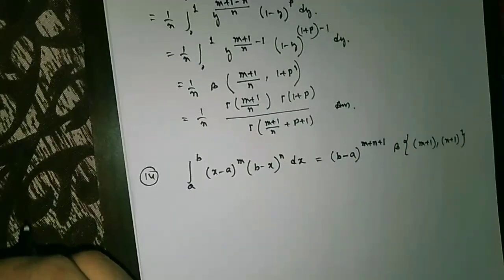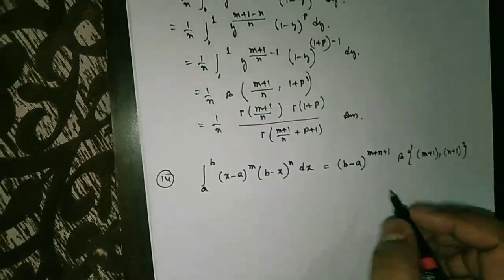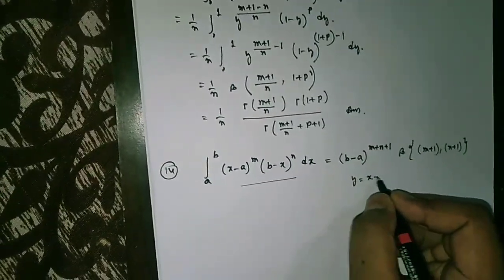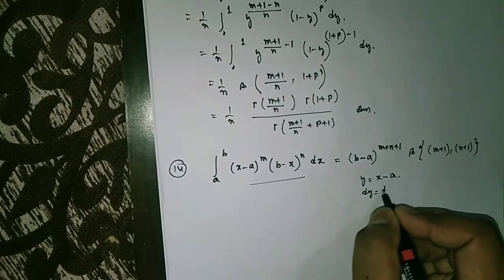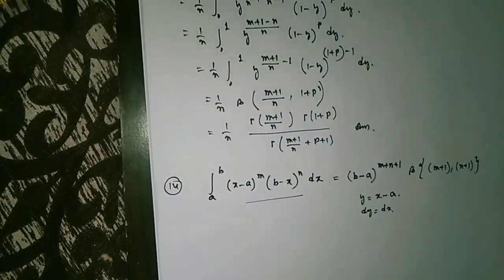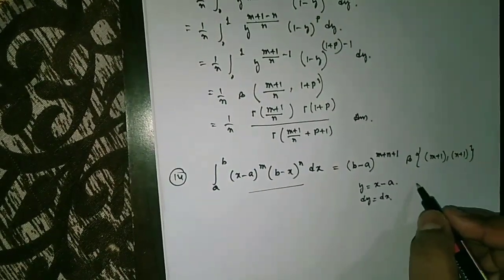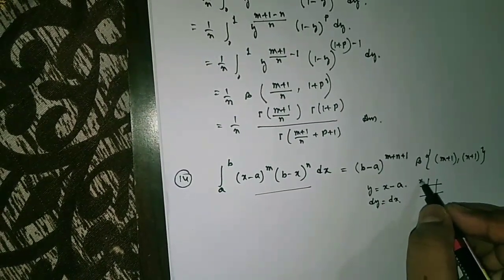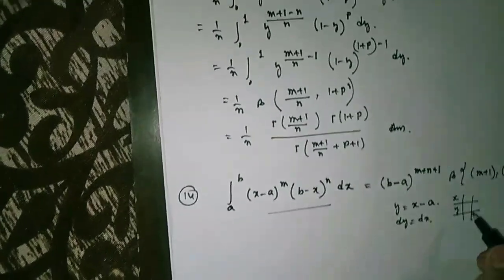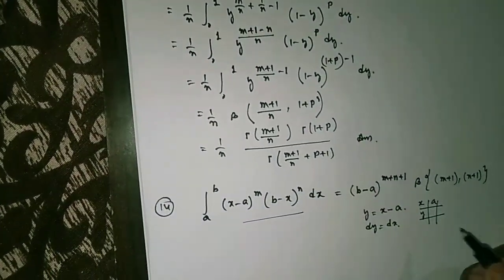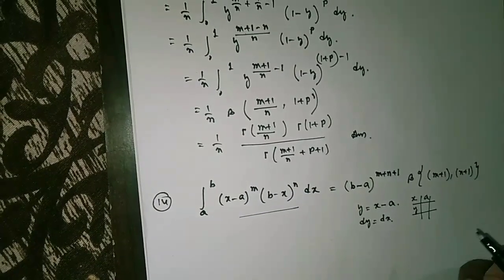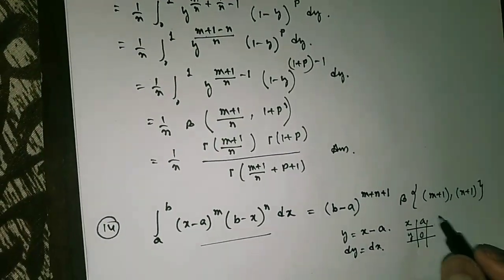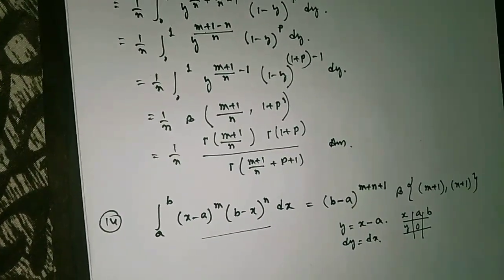Okay, so here I am considering y equal to x minus a, so dy equal to dx. Okay, so the limit will be: if x equal to a, then y equal to 0, and